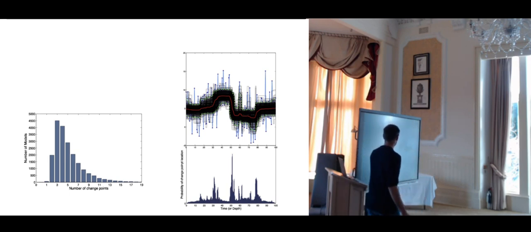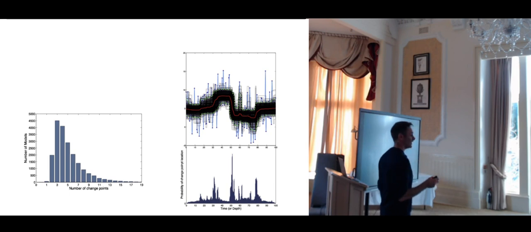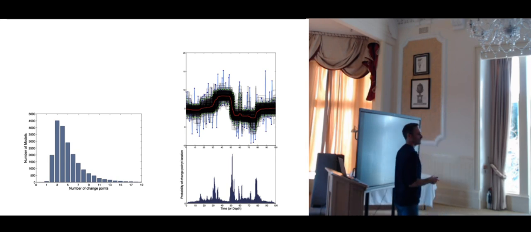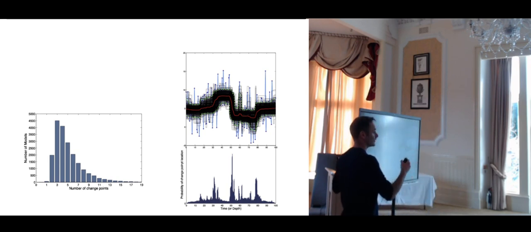And you see the most probable number of change points is 3. But you have also a lot of models with 4 change points. You have also models that fit the data very, very well with 20 change points. But those are actually down-weighted by the prior because they are in a space that is very, very large. So that was an example with a regression problem. And you see how the solution is a large ensemble of models in a transdimensional space.